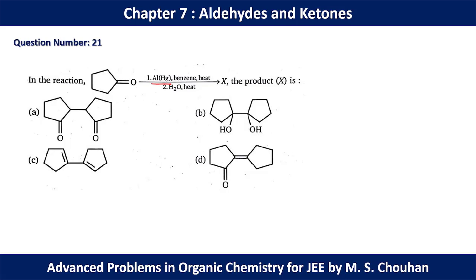So in this reaction, as aluminium is a metal present here, we can have a single electron process, and in this single electron process we can think about the radical mechanism. Initially we have a cyclic ketone. Now this ketone can be dissociated as radicals, and generally we may have this kind of situation. Now if we use 2 moles of this, we can have 2 equivalents of this radical. Now these 2 radicals